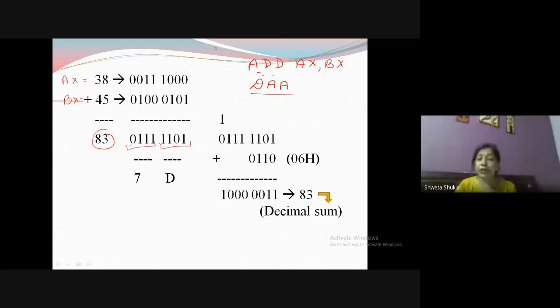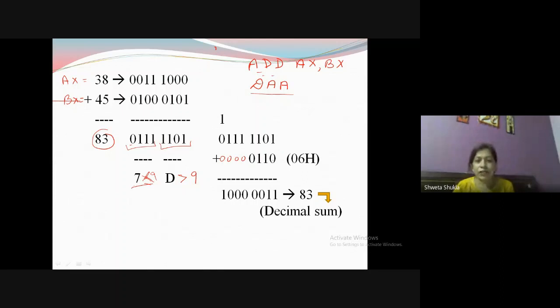Now here, first of all, what you will check is whether MSB or LSB, which part is more than 9. So we got that D is more than 9. 7 is definitely less than or equal to 9. Now what we are going to do, just take the same. See, I said, since it is LSB, 06 means 0 will be kept here and 6 will be here. Okay, so this is how it happens. You have to add 06.